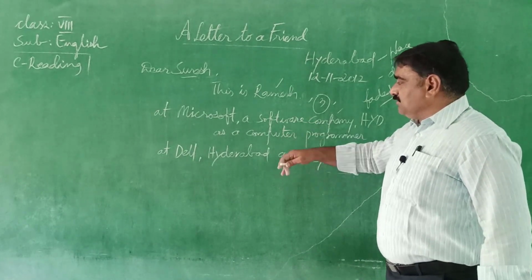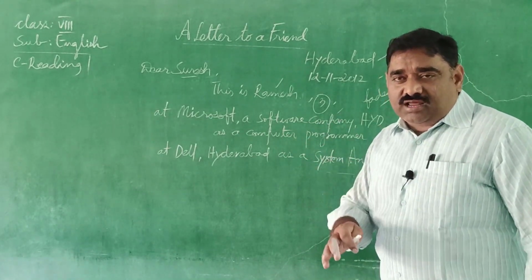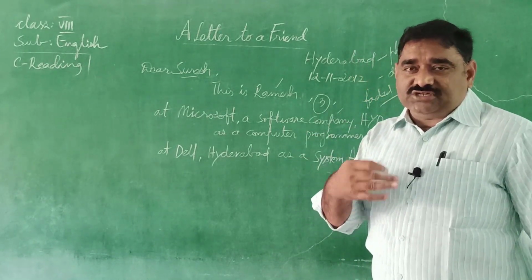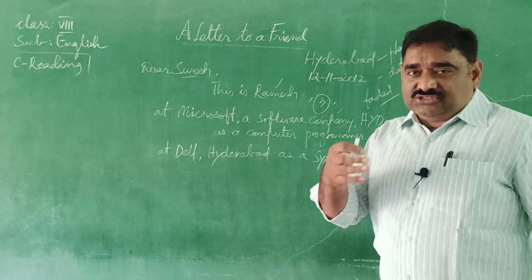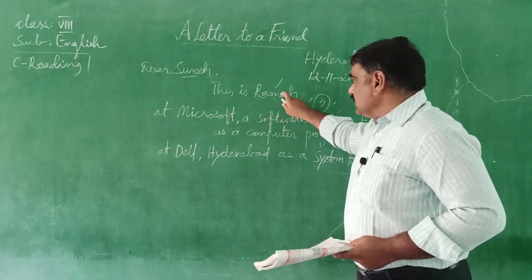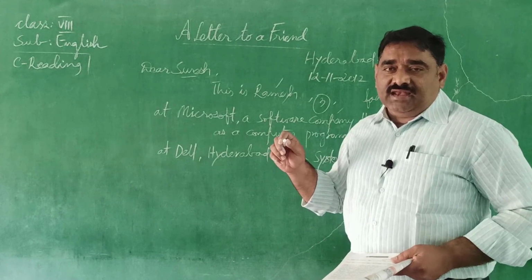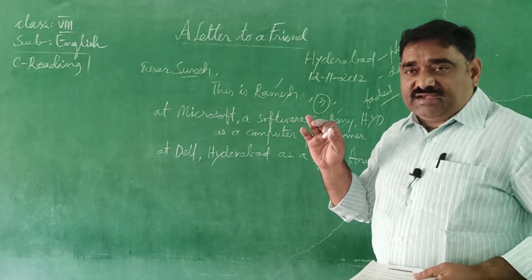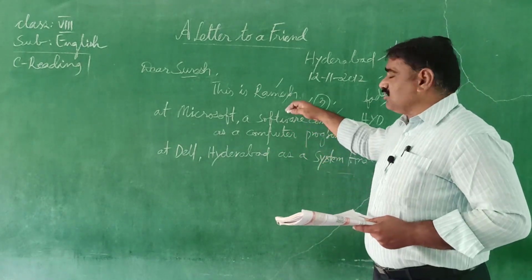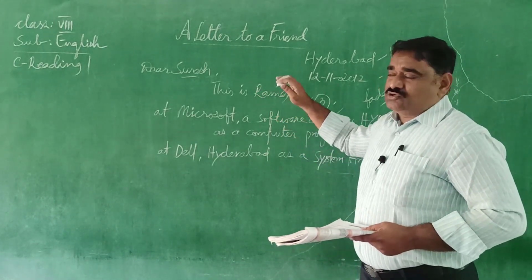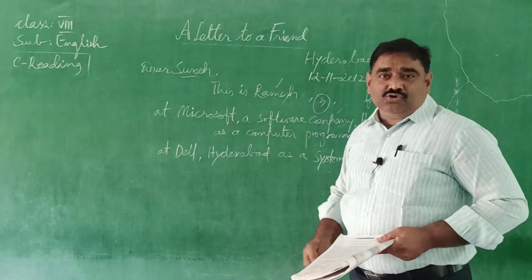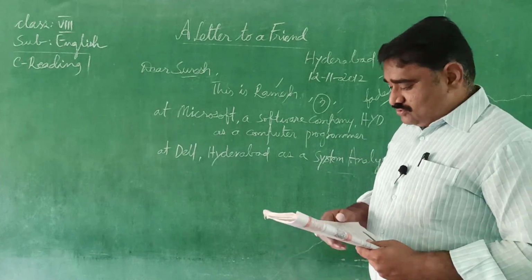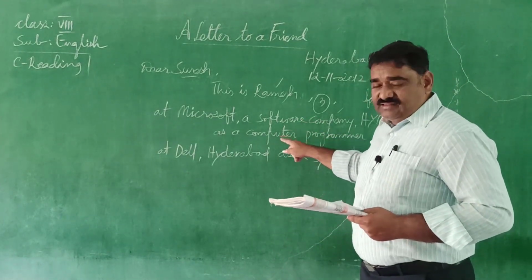Anyhow, both sit with computers, work like computers, and think like computers. So they hardly find time to spend with their child. This is the way Ramesh leads his life in Hyderabad. He told that it was a busy and very disgusting life, and Ramesh had forgotten his family sometimes. Because of that, he was maybe not able to meet his friend, as he was busy in his daily schedule. So this is about his life mentioned in the second paragraph.